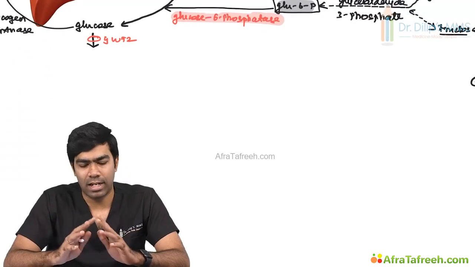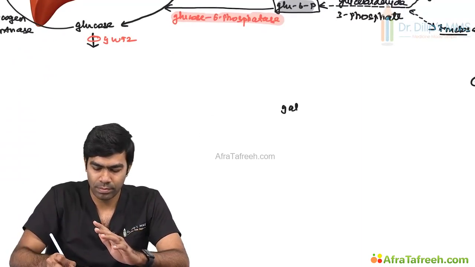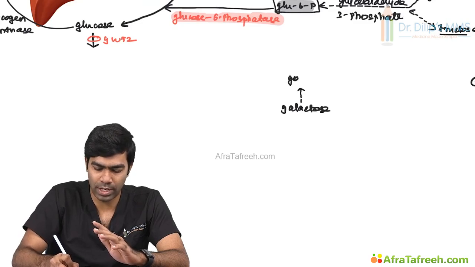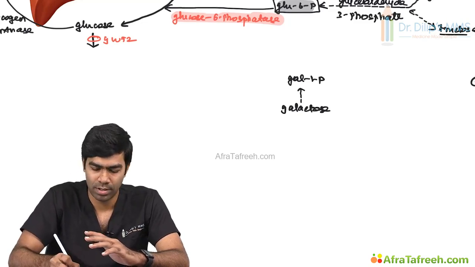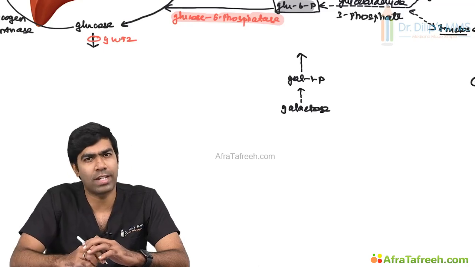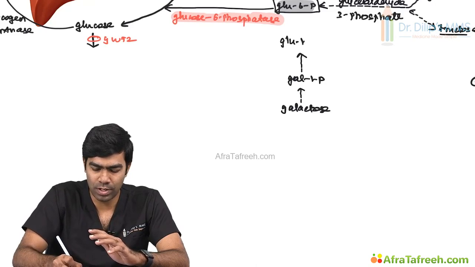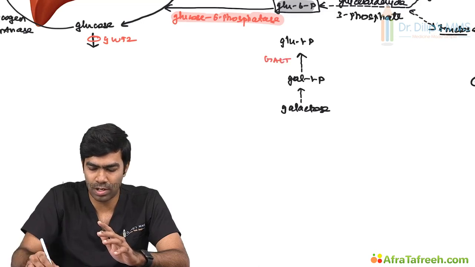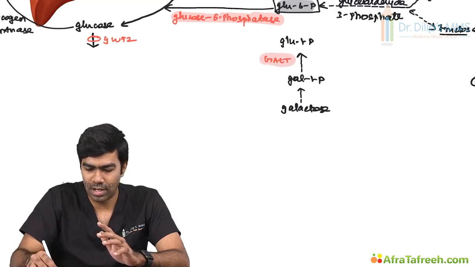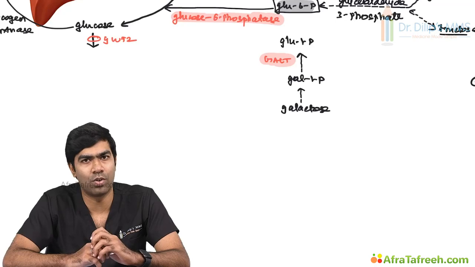And the final thing that is linked with the glucose 6-phosphate bottleneck is the galactose metabolism. We know galactose is going to result in production of something called galactose 1-phosphate by an enzyme called galactokinase, which is not really important. Galactose 1-phosphate can be converted to glucose 1-phosphate. And we know how this happens. It happens through a very, very important step called the GALT step, or mediated by an enzyme called GALT, which is going to convert galactose 1-phosphate to glucose 1-phosphate,